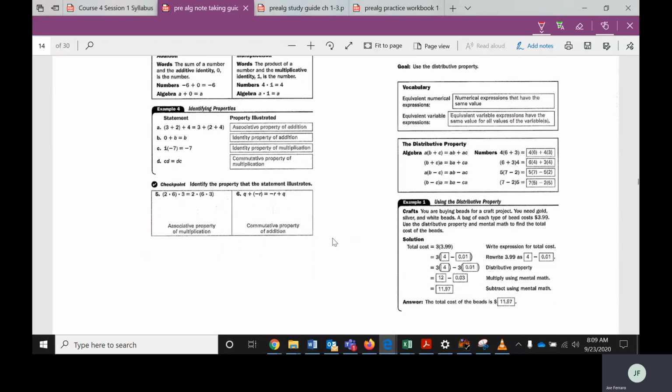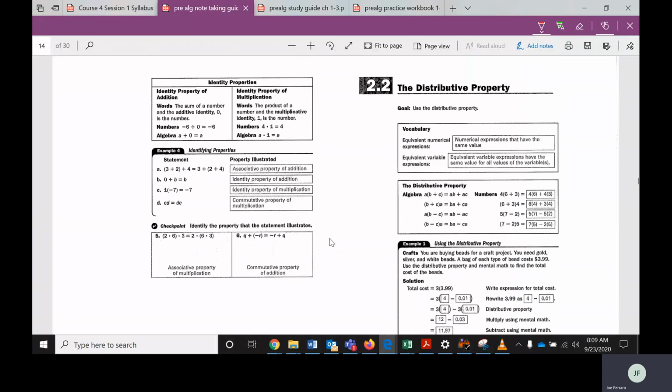it. So the distributive property is a way that sometimes makes a problem easier. Sometimes it helps you simplify a problem, but it gives you what's called an equivalent expression, meaning they're the same